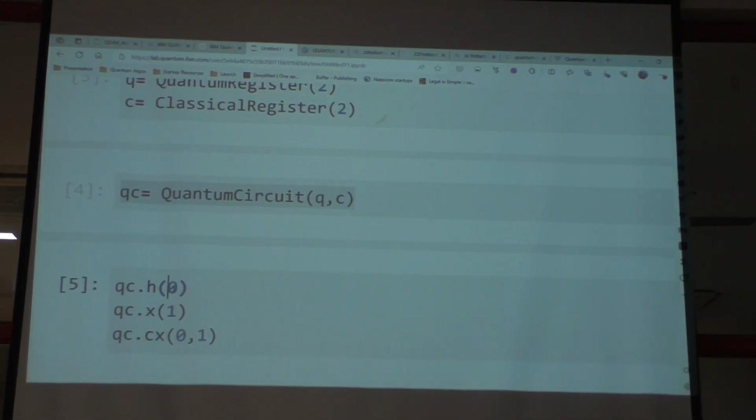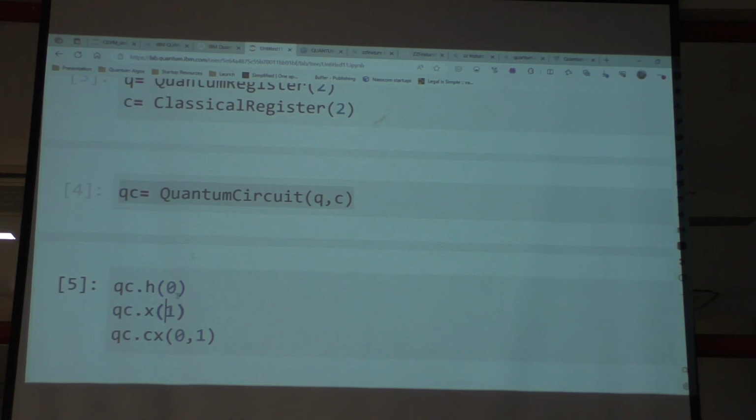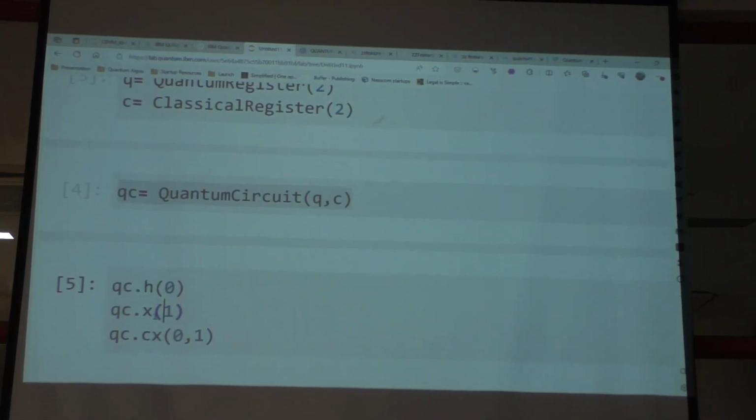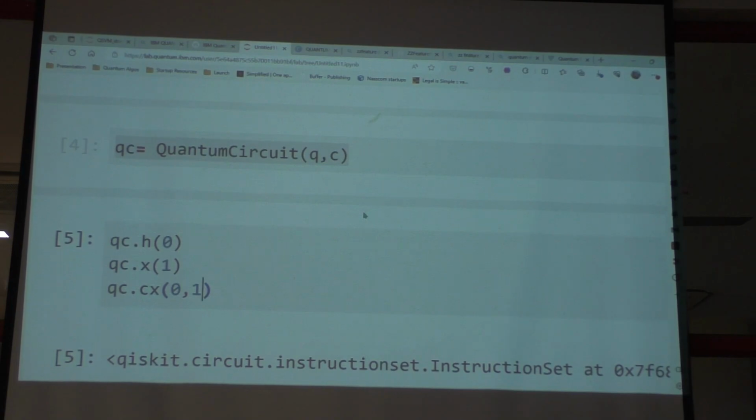So 0 means first qubit, 1 means second qubit, we only have 2 qubits, and CX is